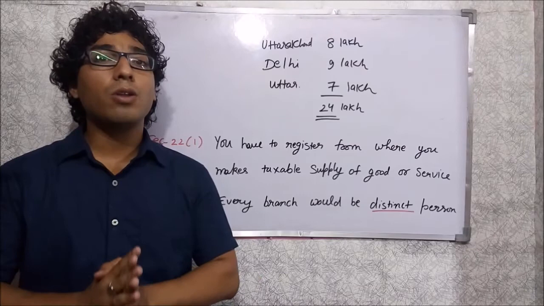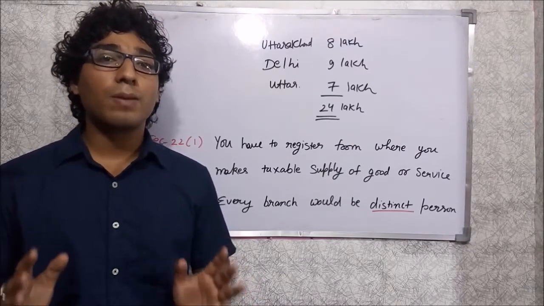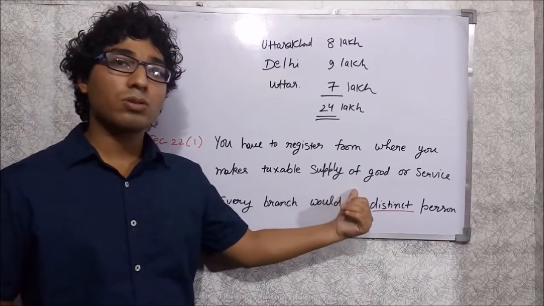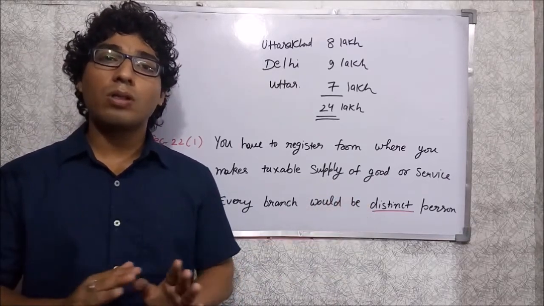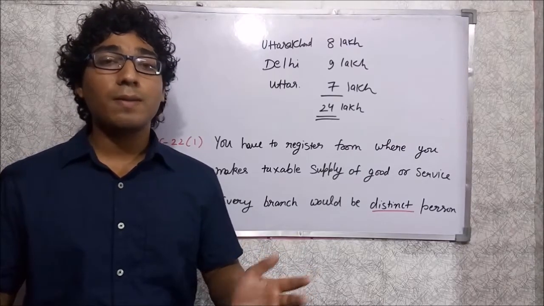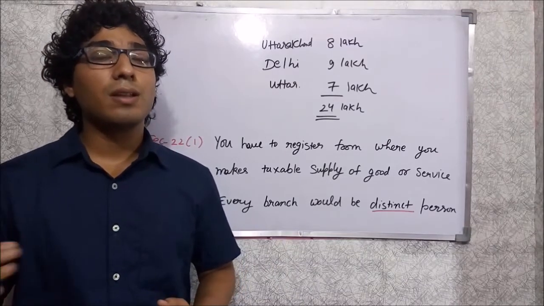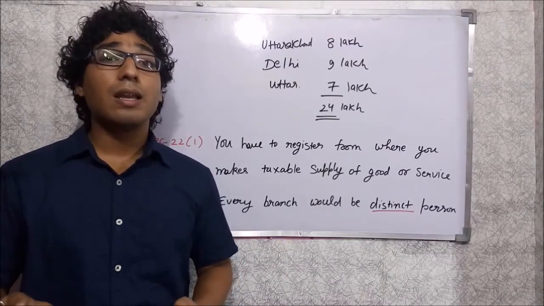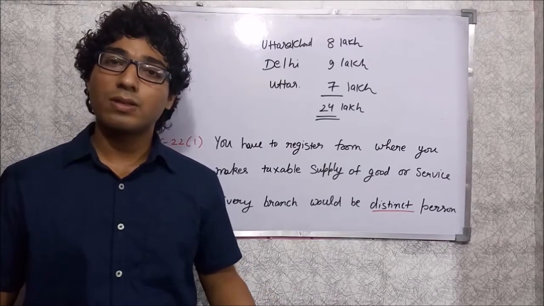So you have to register yourself under every single state from where you make the taxable supplies of goods or services. So the first point is you have to add up all the turnover of all the branches for calculating the 20 lakh rupees turnover limit, and if that exceeds the 20 lakh rupees limit, then you have to register yourself in every single state from where you make the taxable supply of goods or services or